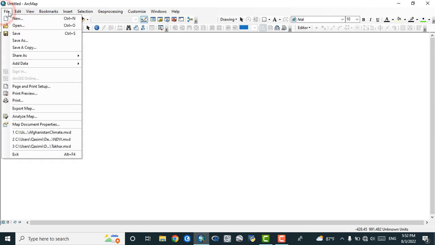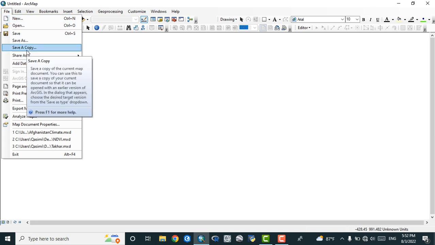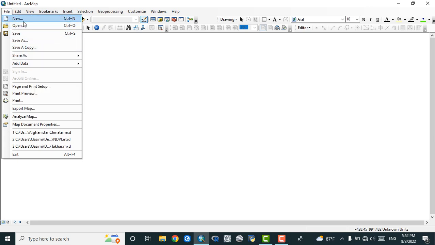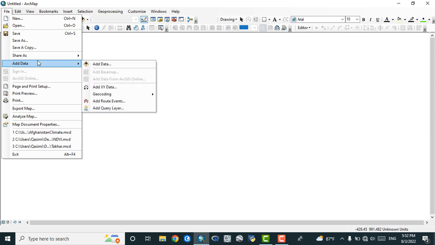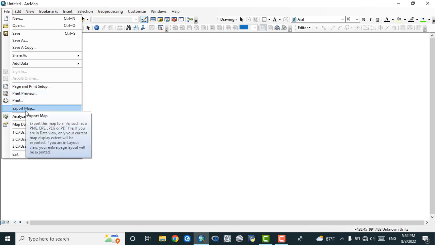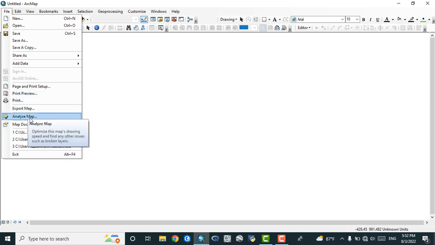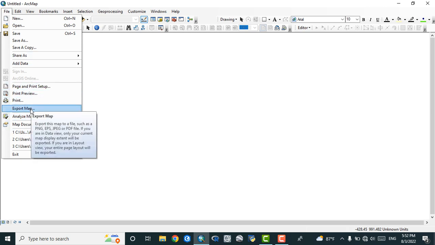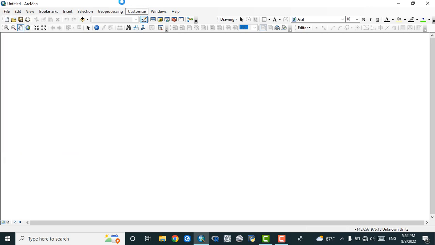For example, in the file menu, you have something that is usual with other programs, but something different, as we have here: add data, for example, pages tab, print preview, export map, and analyze map, and some other commands here,